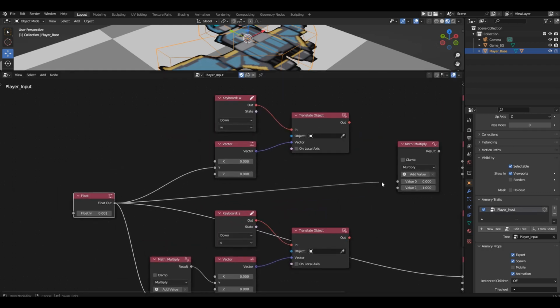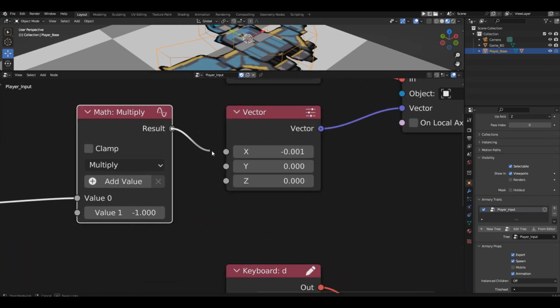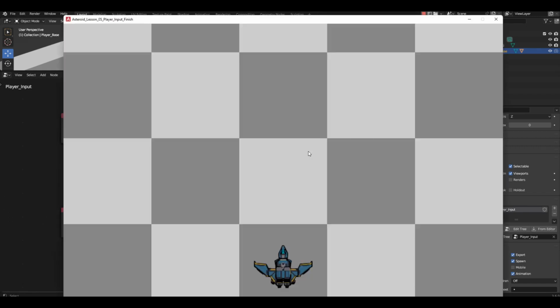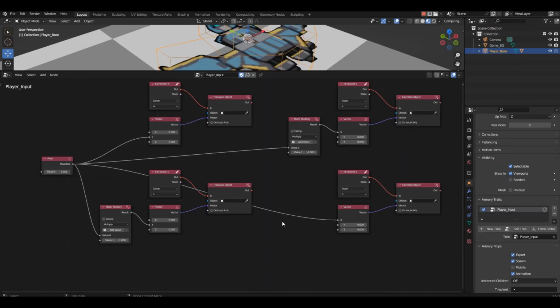Distribute our speed to it again and pass the result to the x-axis. Start the game. If everything is working, we can move on. If any key is not working correctly or not working at all, go back to the script and double-check all the values, axes, block names, and connections.